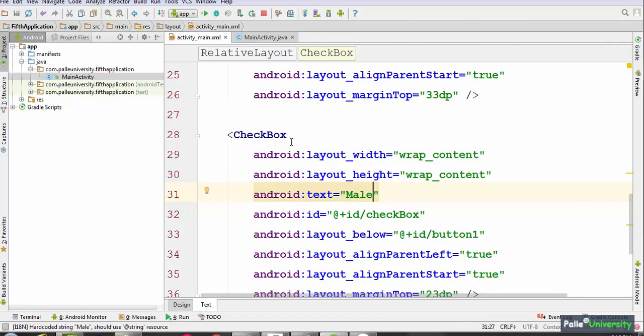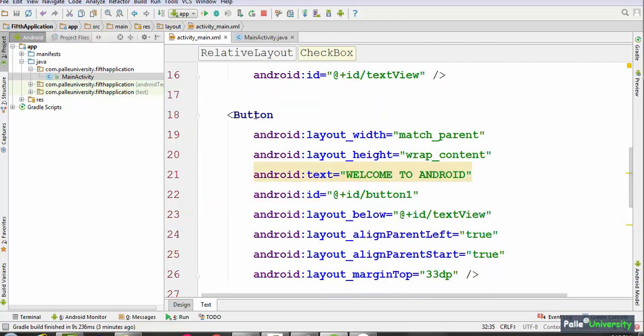Now tell me, what is the name of this checkbox? Remember, don't get confused between text and ID. ID is the name of the checkbox. But what is text? Whatever you want to display on the rectangular box, that is text. This is visible to the user. This is important for the programmer. So whenever I ask from now onwards, what is the name of this checkbox, you should say the ID.